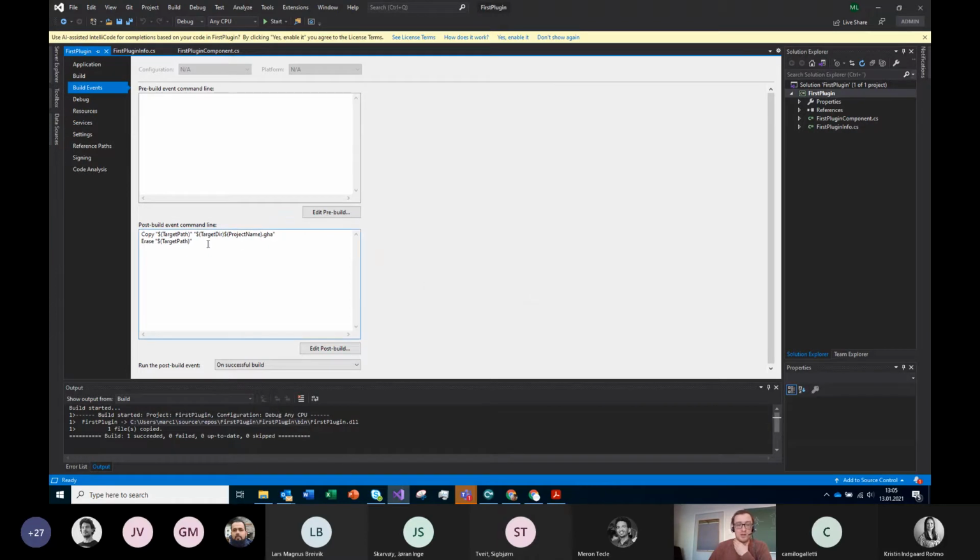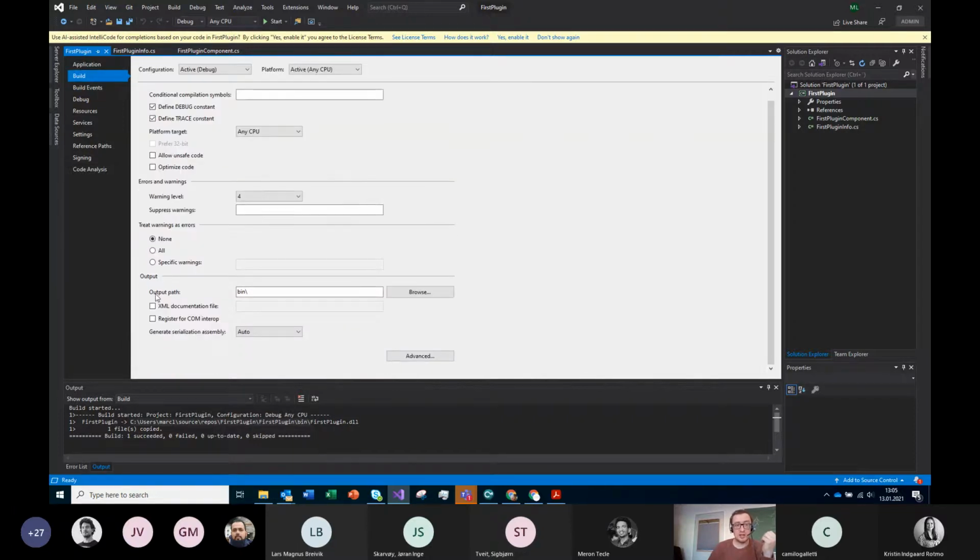the project name and generally the target of this project, which was declared when we described the Rhino, will be changed from DLL to GHA, which is the component format. So right now, if I go for the build, I see that the output path is bin. I will change it